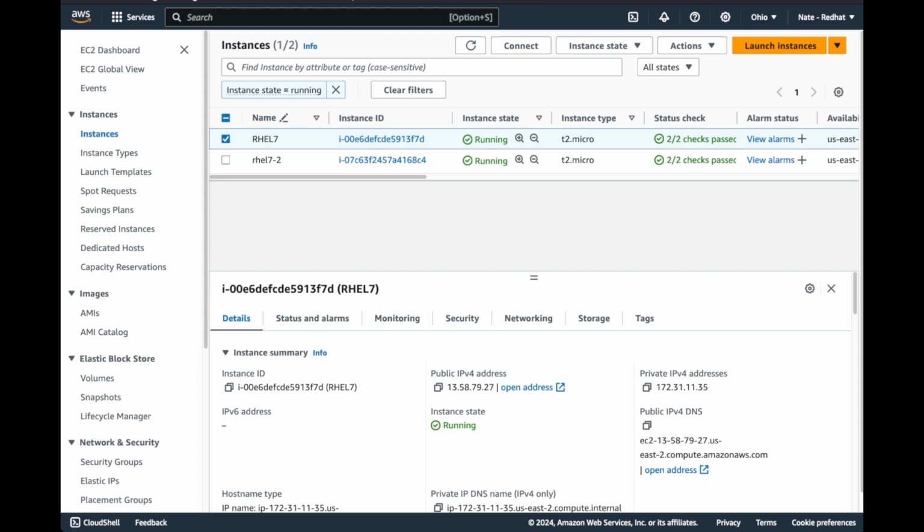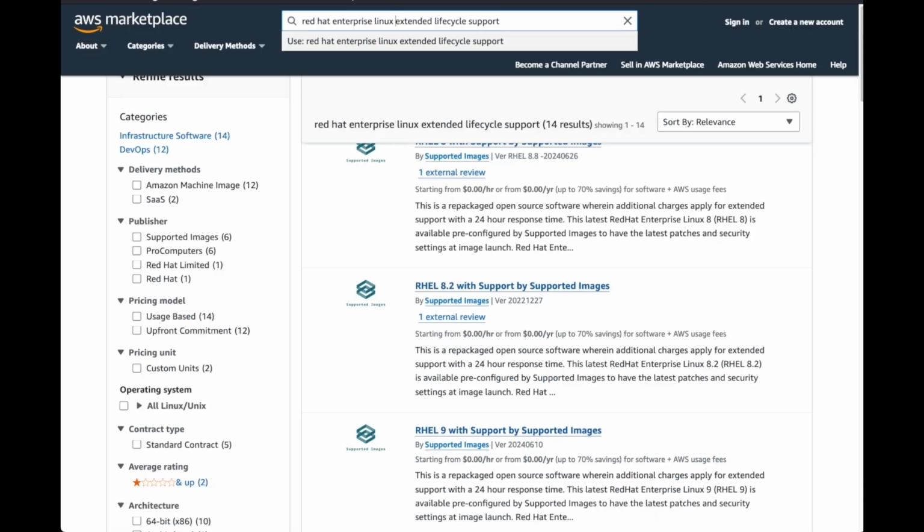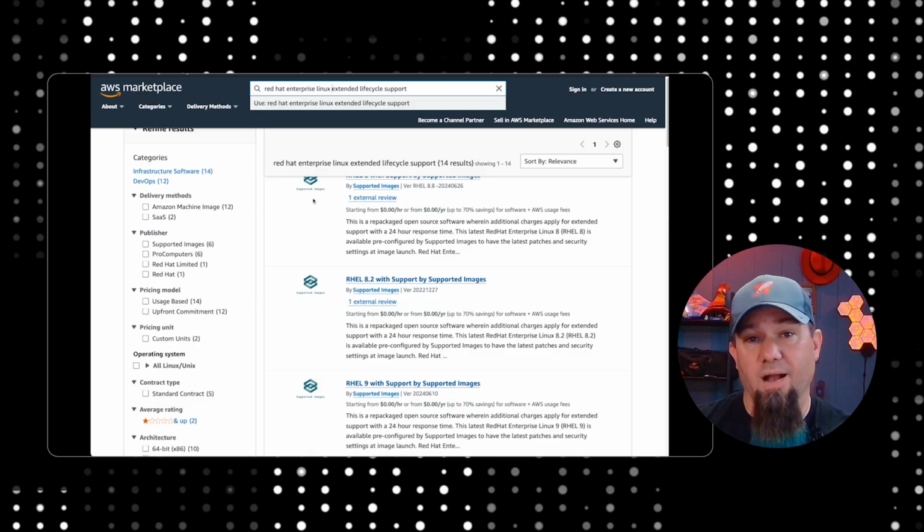Now, I conveniently already have a tab open here that has the search results. Now, you can filter these all kinds of ways. The Amazon search results are what they are. When you search for a thing, it's not going to guarantee that you get the actual Red Hat listing in the marketplace. We've done a lot to try to keep the relevant stuff at the top, but it's a competitive